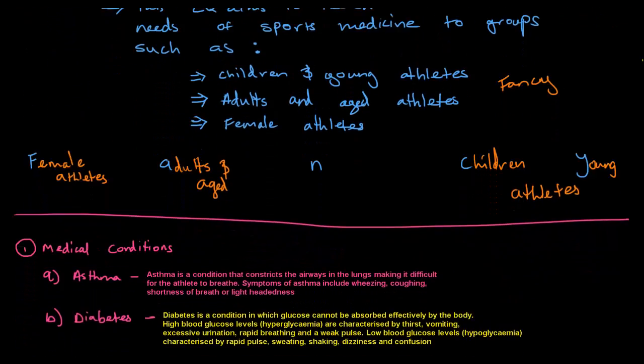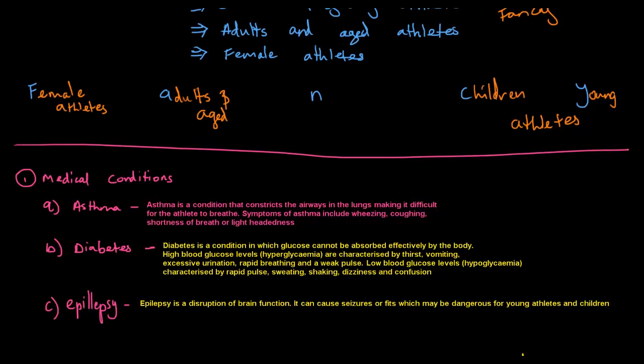So let me just move down to medical conditions. We have 3 medical conditions that we really focus on, and those are asthma, diabetes, and epilepsy. Now the main reason why we focus on these 3 medical conditions is that they're more prevalent in children, and children are more likely to have all 3 of these. Well, maybe not so much diabetes and asthma, because that can also occur later on in life, but children do have these, and there are specific ways we can deal with these illnesses when children have them and want to participate in sports.